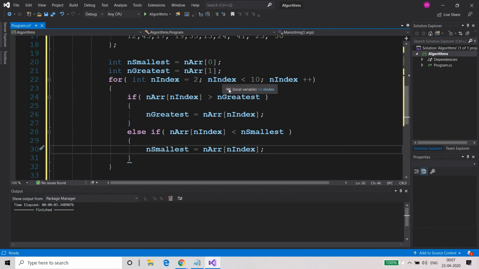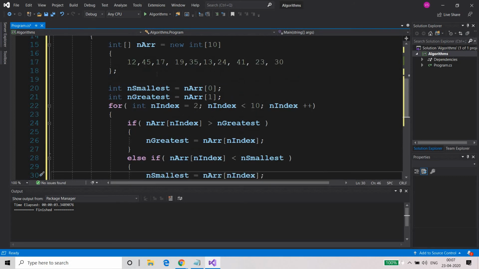Better would be to do it like this: in smallest and greatest, put n array 0, the value at the 0th index, in both smallest and greatest, and then start from 1, because I don't want to leave any value uncompared, right?